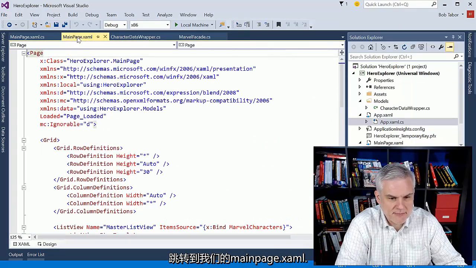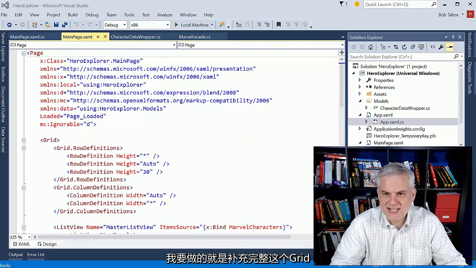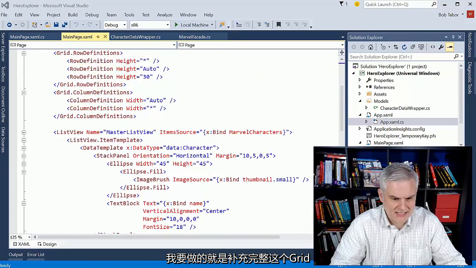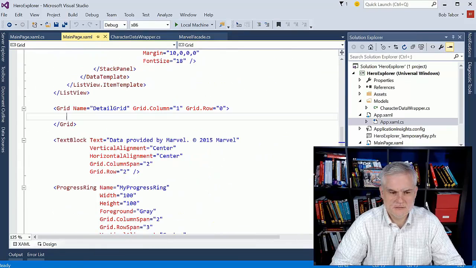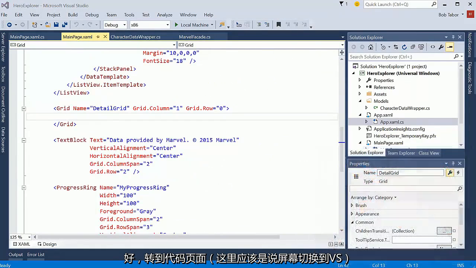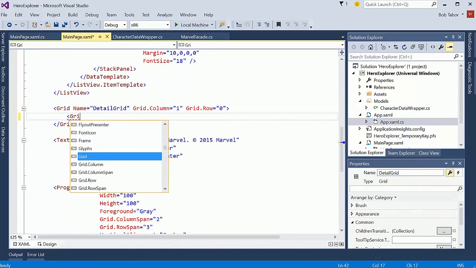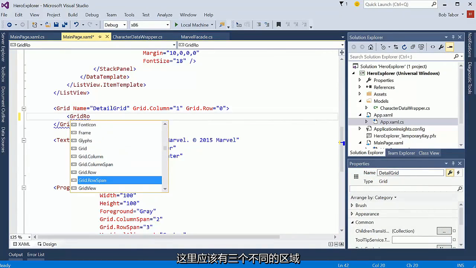I'm going to go over here to the MainPage.xaml. And what I want to do is flesh out the grid, the details grid, or the grid detail. The detail grid. All right, let me get into code mode here. And what we're going to want to do is create some row definitions. And there's going to be three